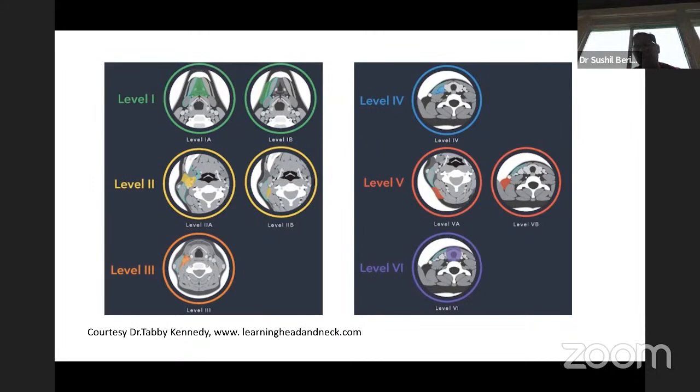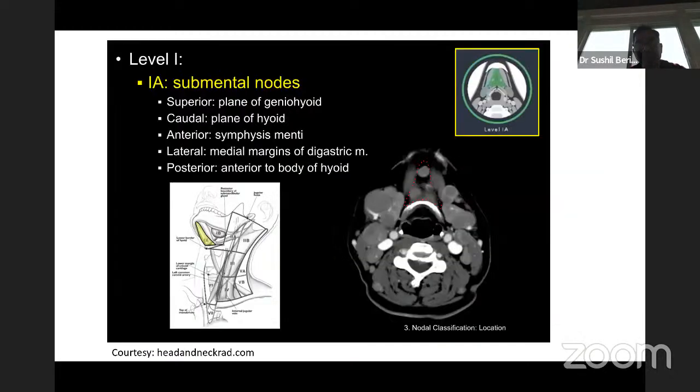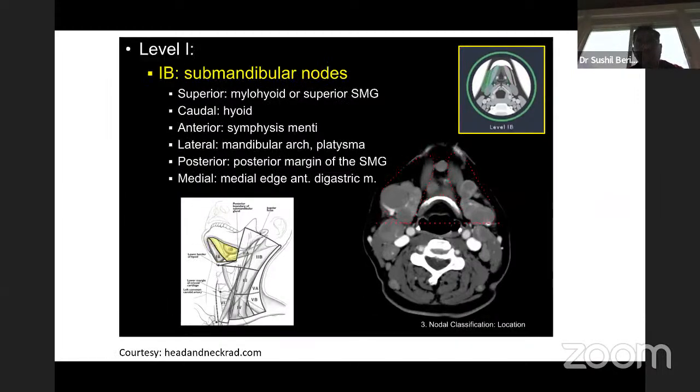And in general, for oropharyngeal cancer, the 2, 3, 4 nodes are at risk for N0 disease. But if there is N-positive disease, then sometimes you cover level 1B and level 5 nodes. So again, this is the submental node. You can see there is a submental node right there. You can use this anatomical landmark, but the important thing to realize is it's the space between the anterior belly of the digastric. Again, as I mentioned, the level 1B node is lateral to the 1A, extending up to the posterior edge of the submandibular gland.